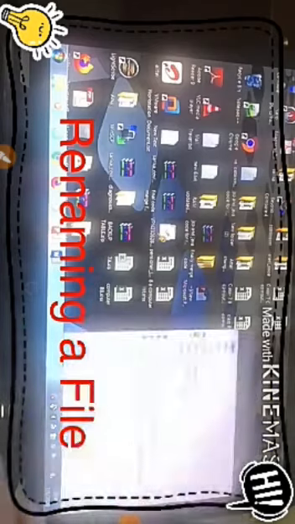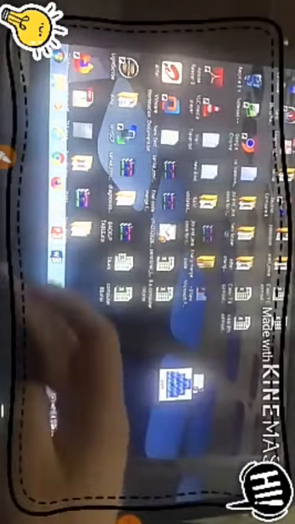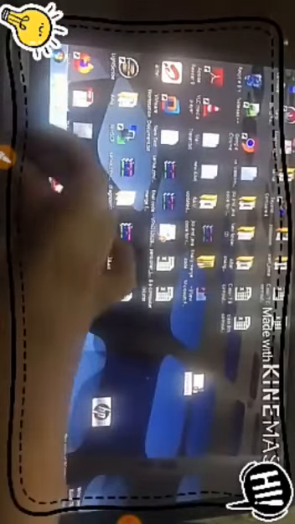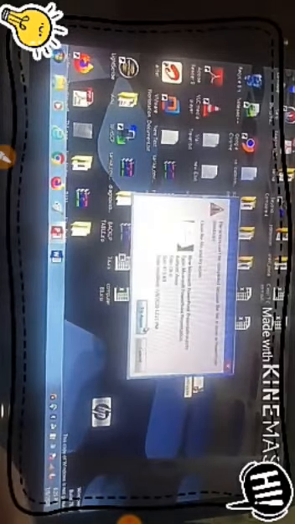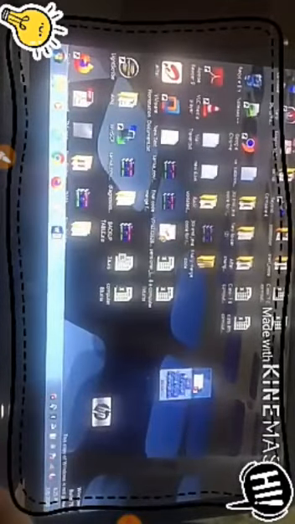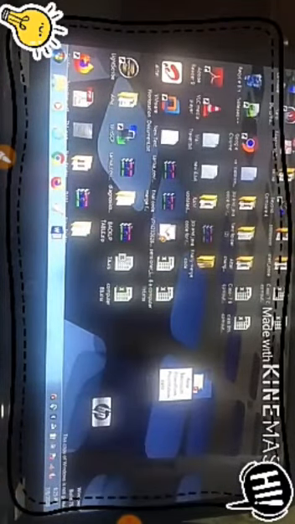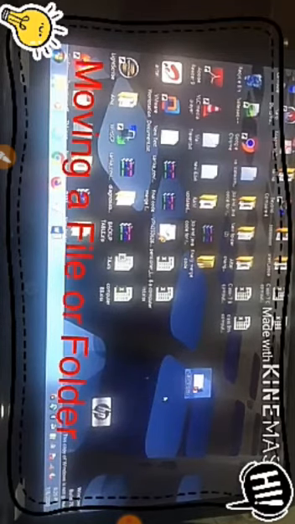Next is renaming a file. When we want to rename a file, you can just right click on it and select the option of rename. Then delete whatever is written, and you can start typing. So a new name will be given to the previous file. It asks you, do you want to save it? So click on OK, and the name will be given. I'm just typing the name because earlier it was not happening, and when I click enter, the name has been given to the file.